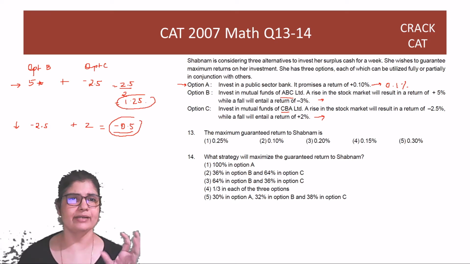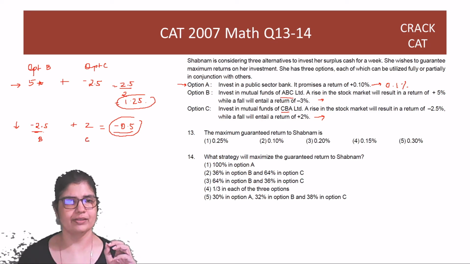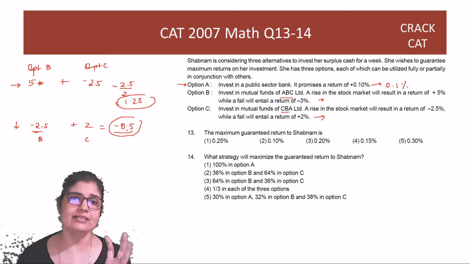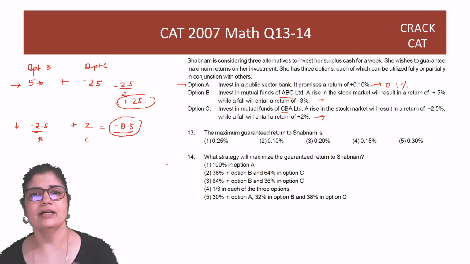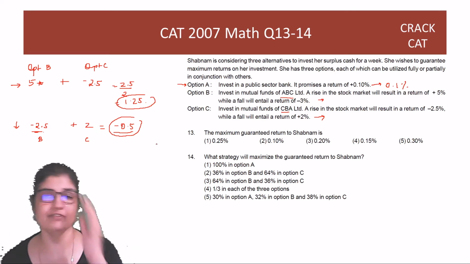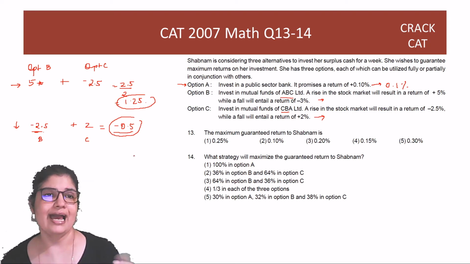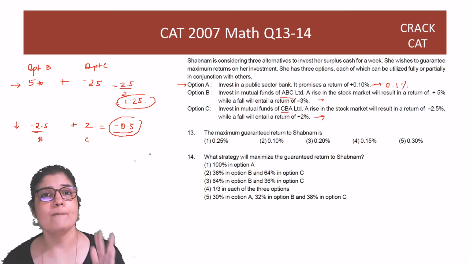So for example, right, the problem is that this negative is the problem, I have to make it positive too. So if I put less in option B and more in option C, correct, then the negative effect of this will be less and this will go up, right? At the same time, this will also go up, but okay, I have extra here. So the point is that, if I mix up my investment so that there is more than 50% in option C and less than 50% in option B, I will definitely make some positive return.